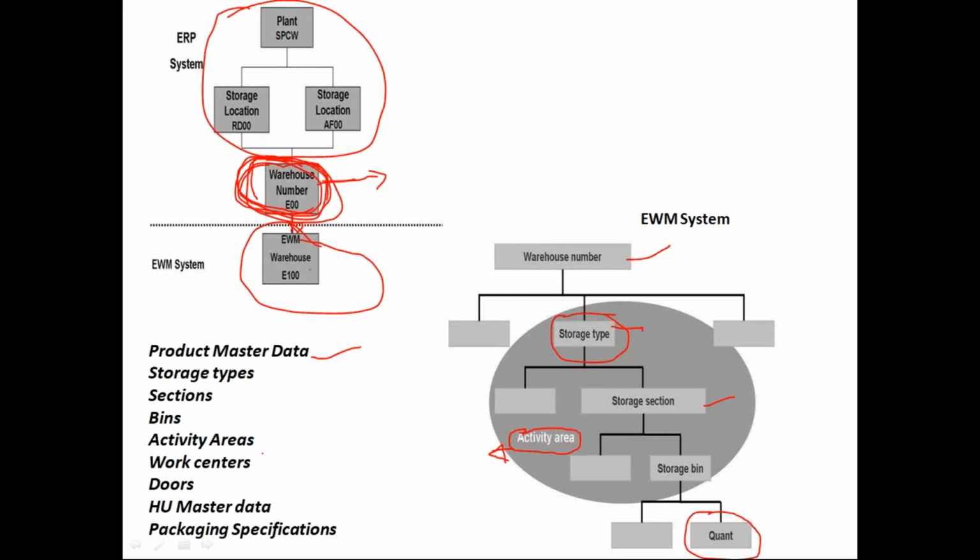We have options to control this in WM, but in EWM also we have options to control using verification profiles. Again, these verification profiles can be determined based on these activity areas. When I say based on activity areas, if I am performing the stock placement in one activity area, I want to control verification profile. If I'm performing stock placement in another activity area, I don't want to control any verification profiles. That can be achieved with this activity area. So likewise, we can set up multiple rules depending on the requirements that we have, but ultimately those rules will be determined based on the activity area.